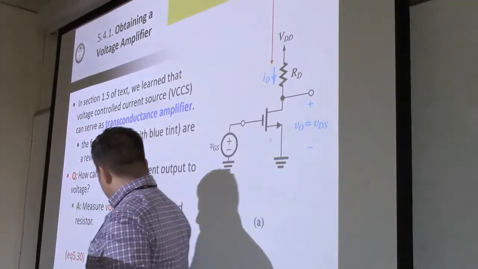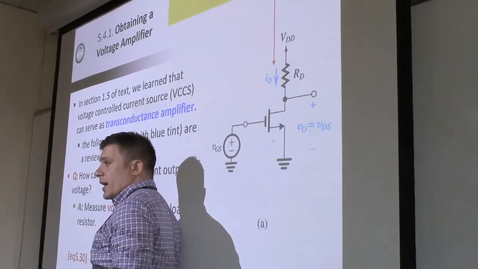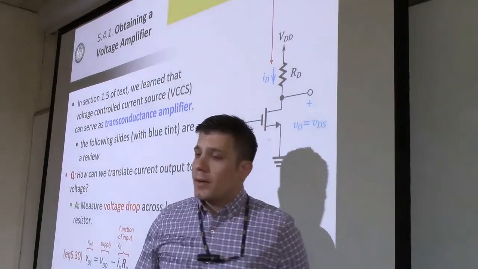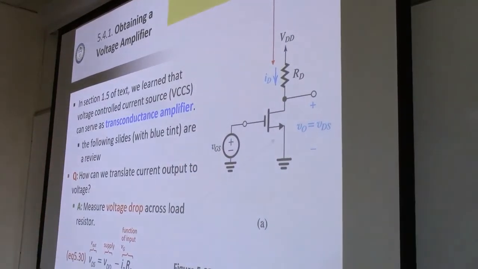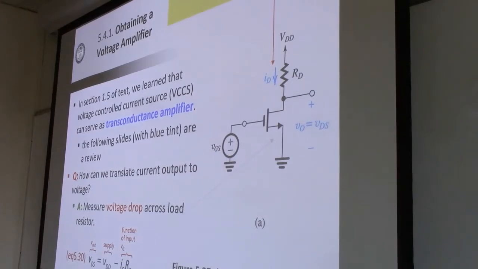So the input is inside of here because VGS will have an effect on ID. Output is here, which is our VDS. All right, so